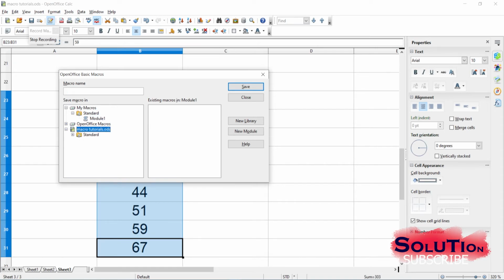My file is this one. Here also I can save it inside module 1, but I am saving it inside my module 1 inside my macros. The reason I will be showing you very soon, but let me save it first. So it is my sorted data. Save this file,